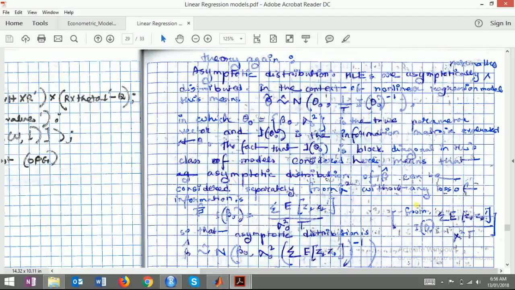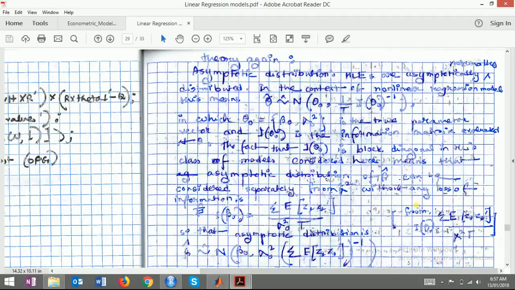Now, the information matrix is equal to the expected value of z_t z_t transpose divided by T sigma square, as we have already seen before. So the asymptotic distribution of beta hat has mean beta naught and variance sigma square times the information matrix inverse, which is just the opposite of this without the T: sigma square divided by the expected value